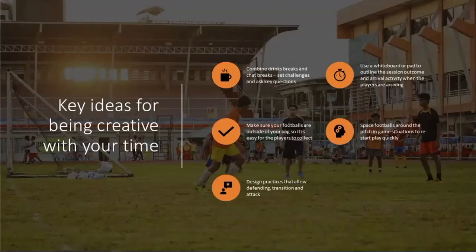And then last one here, just designing practices that have got elements of in possession, so attack, out of possession, defense, and transition. Because if we just spend all of our time doing an in possession practice and then we have to rewrite everything to do an out of possession practice, we're not being effective. So to be really efficient, well, actually, if you're doing a game and you're working on one team creating an overload and scoring, well, actually, the other team have got an opportunity to practice defending while outnumbered. So you've almost got two different things going on at the same time.